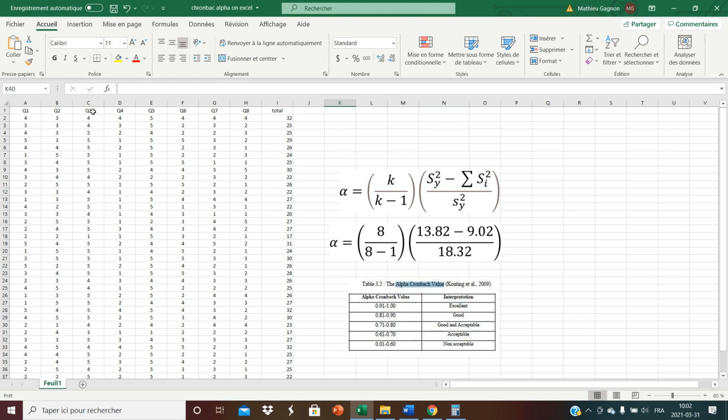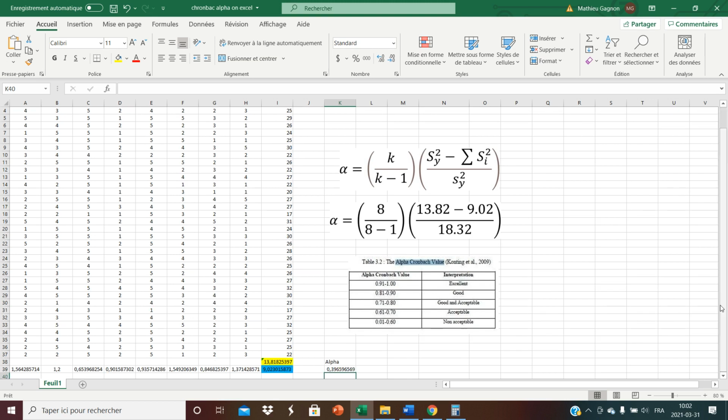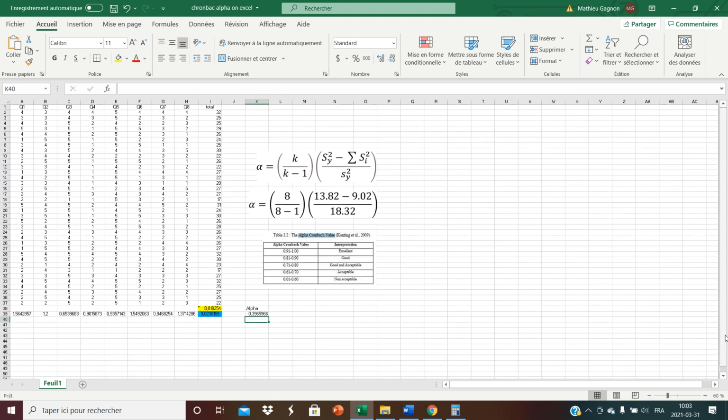Then you'd know, oh, there's a problem with your third item. Donc, vous sauriez, il y a un problème avec le troisième item. Puis vous pourriez décider d'enlever cet item-là de votre mesure. We won't do this here, but that's how... Actually, I'm curious about something. I could just try it out, just for fun, okay? Let's just try it out here.